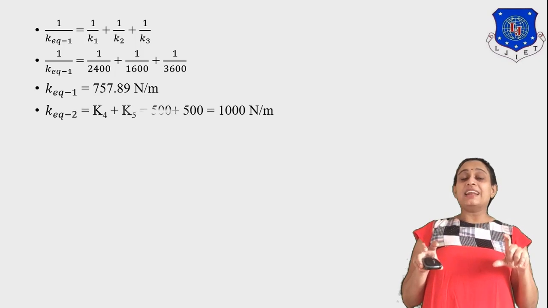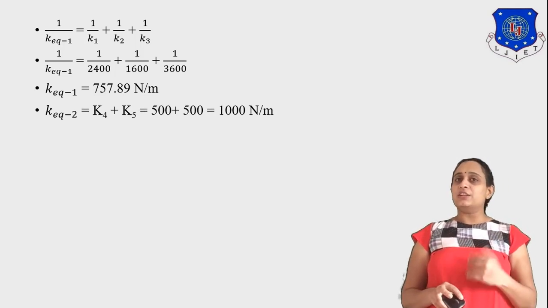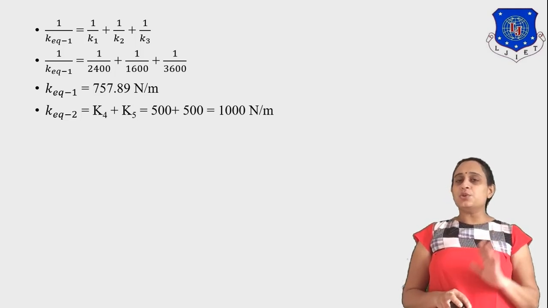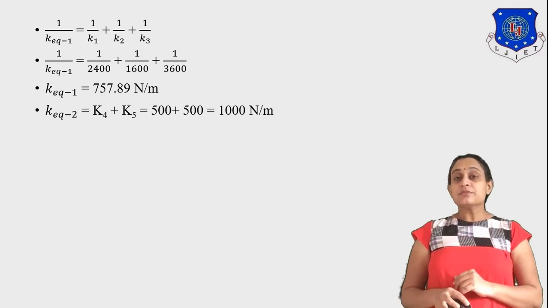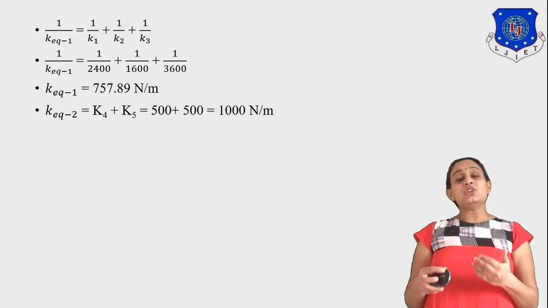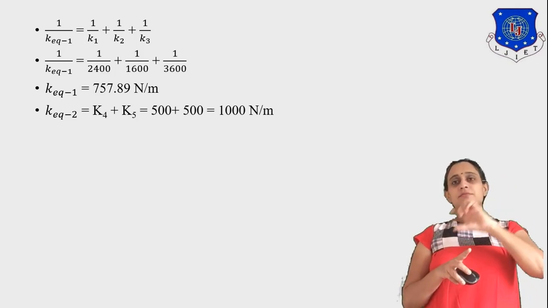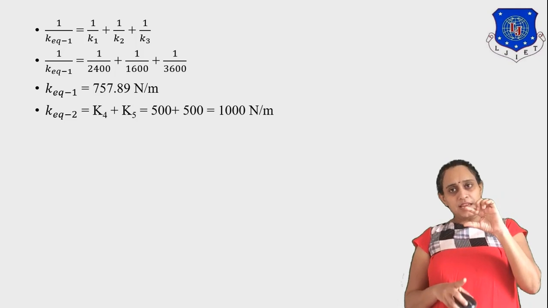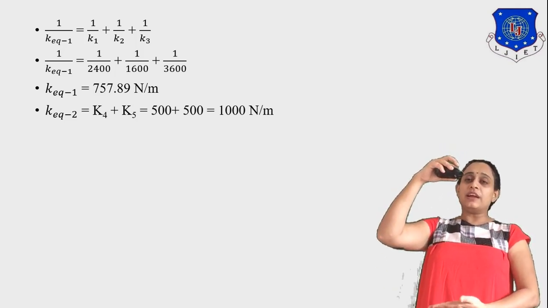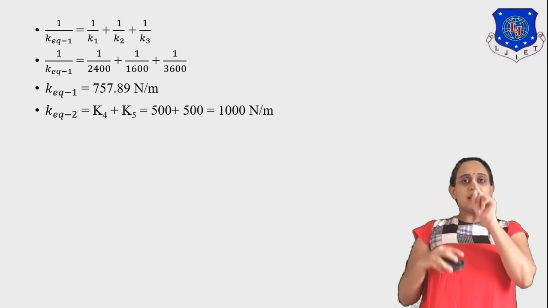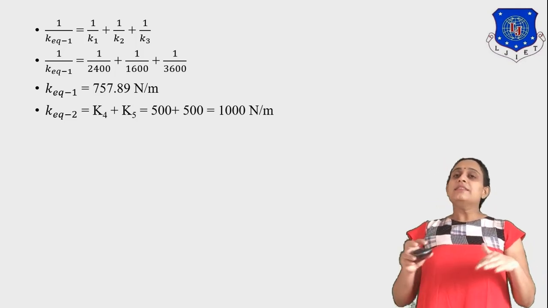Okay. Lower springs are parallel to each other. It means K4 and K5. So, let us find out the equivalent 2. So, K equivalent 2 is equal to K4 plus K5, which is 500 plus 500 and which is 1000. Now, we are getting the condition like fixed support, K equivalent 1, mass, K equivalent 2 and a fixed support. It means both of these positions we are having fixed support. Okay. K equivalent 1, between there is a mass and K equivalent 2.